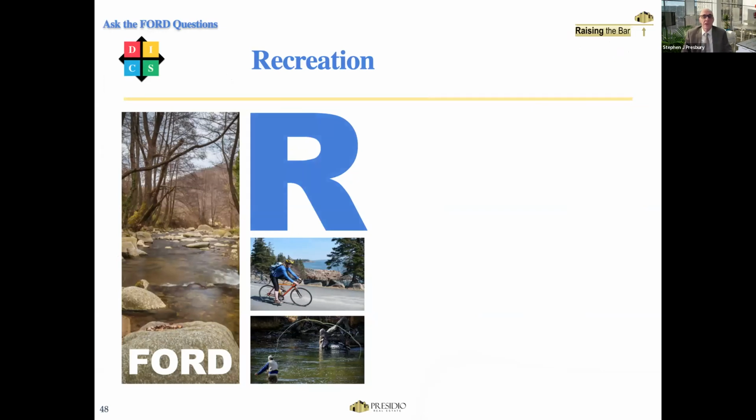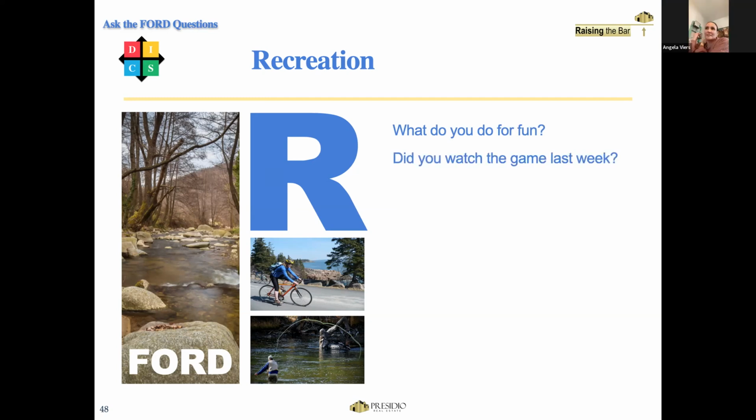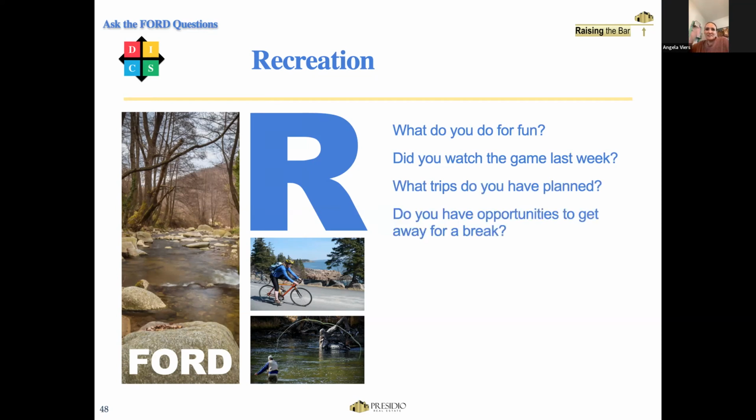So recreation. Okay, so people like to talk about recreation. Have you noticed that? They like to talk about what they're doing and where they're going. Angie, do you want to chime in a little bit on this? You're a broker, so you see a lot of new agents come in. How do you think some of the best ways we can approach this topic when we're looking for new contacts? Well, I guess like, what do you like to do for fun? Like what you're putting up right now.